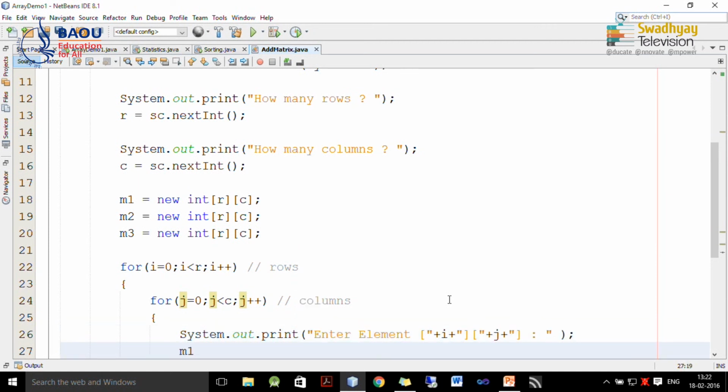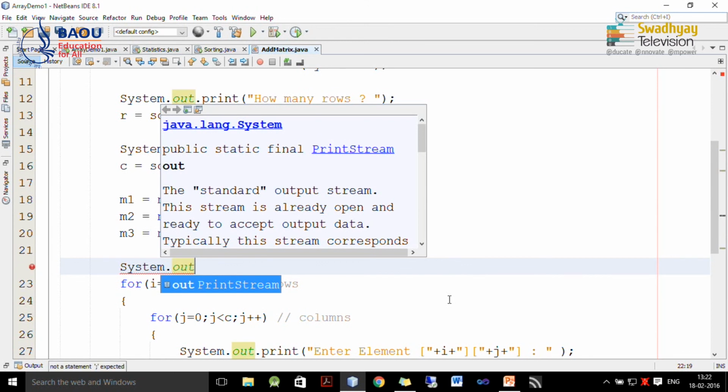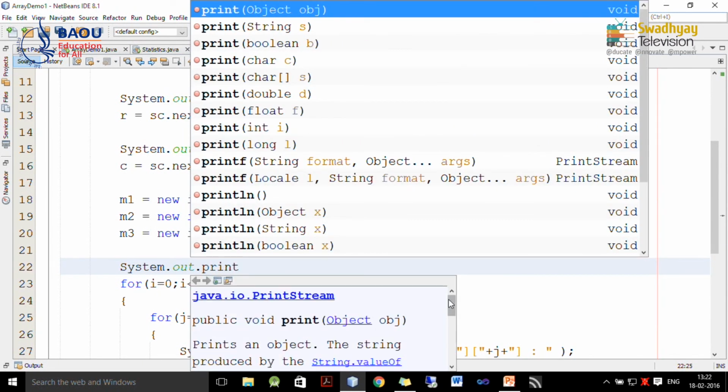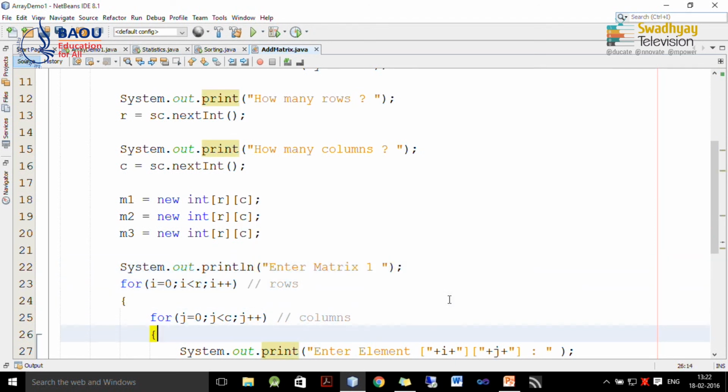And we are going to store inside m of i j whatever value entered by user. So, here we have to instruct user to enter matrix 1, because we are going to store data in first matrix.